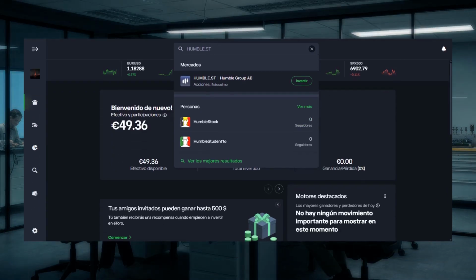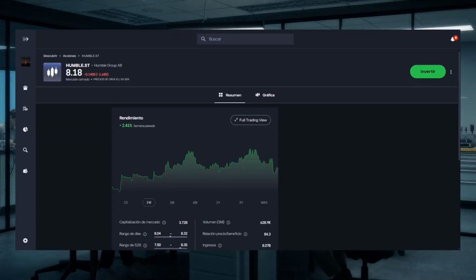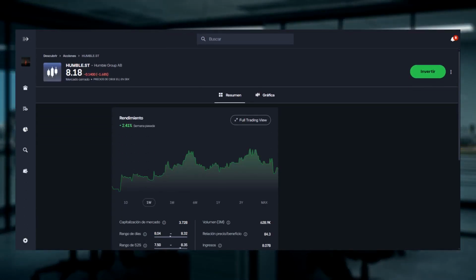Use the platform search bar and enter the ticker HUMBLE.ST to locate the correct Humble Group AB listing. Confirm the exchange and company name to ensure you have the right asset. Open the Humble Group AB asset page to read the company summary and view the price chart so you can confirm this is the correct stock. Check basic details such as market, CBOEEU, and the ticker